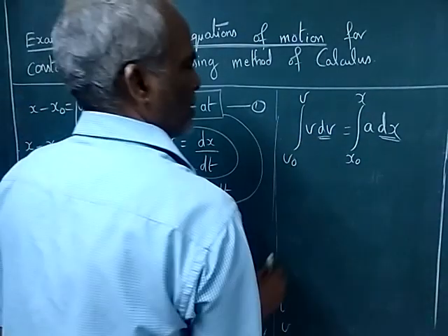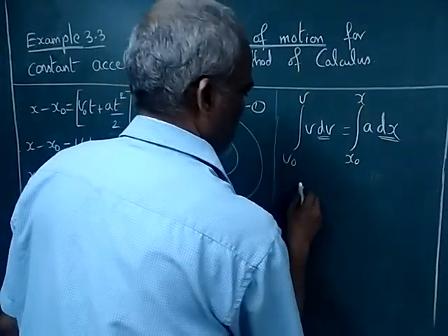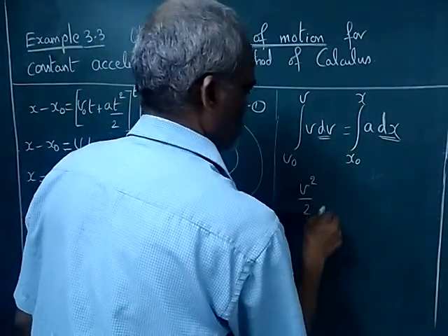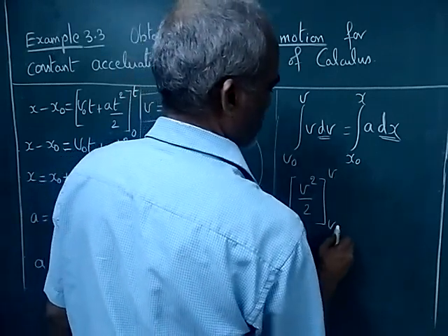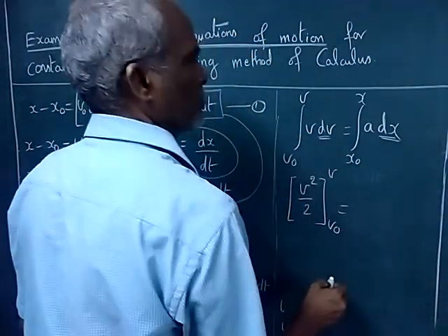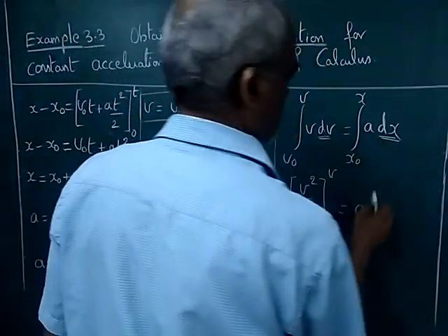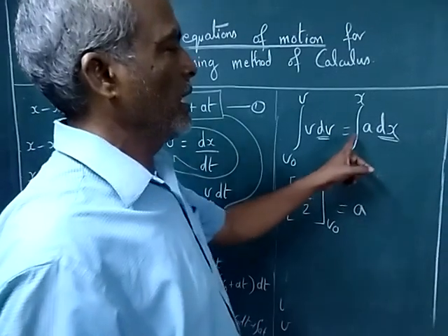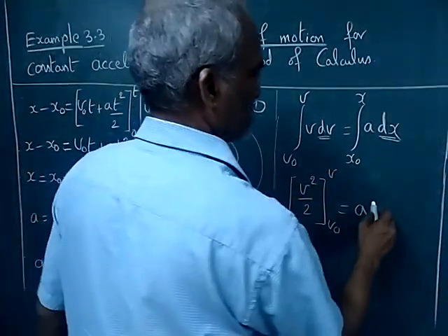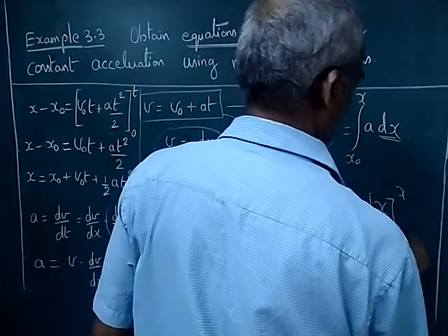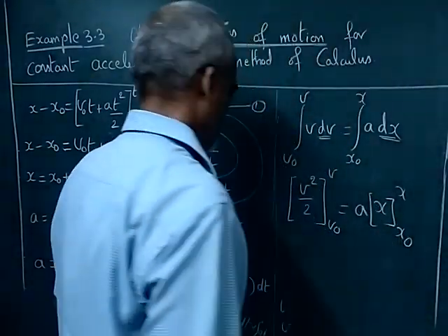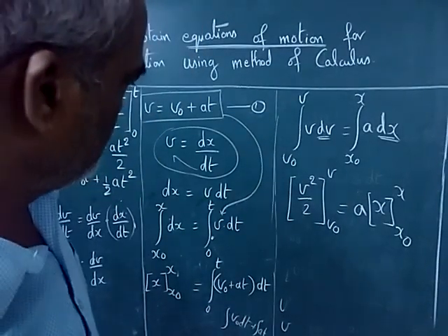Now if you integrate v with respect to dv, it is v square by 2. So you have to substitute upper limit v and lower limit v0, which is equal to a, since a is constant, you can bring it outside. Integral dx is nothing but x. So you have upper limit as x and lower limit as x0. So what happens is,